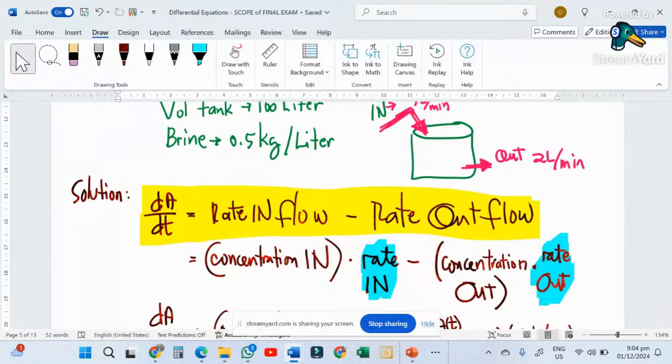The other topic that we're going to discuss today would be mixture problems. It's one of the applications of differential equations as well. There are two other topics that I will be sending you: circuit problems and mechanical springs for mechanical engineering. Okay,